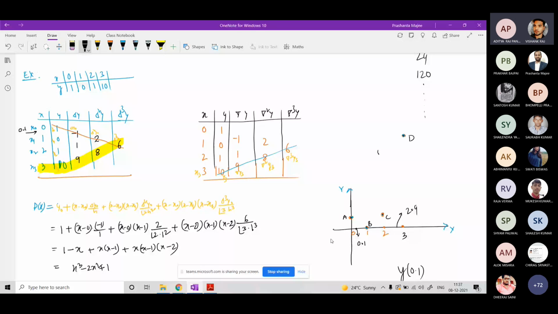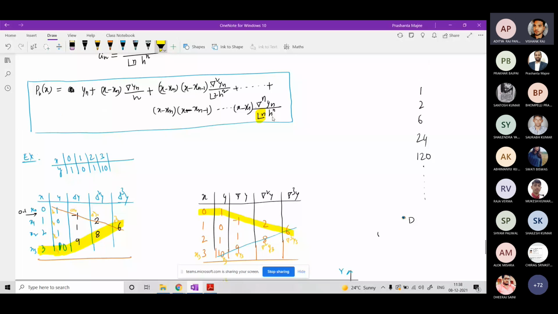So in that case, in the backward difference table, which elements will be discarded? These elements will be discarded, because in the backward difference formula, it is del n y_n, del power n y_n. So these backward diagonal values are used. So if the first point is omitted, only the last value, nabla 3 y_3, will not be used.